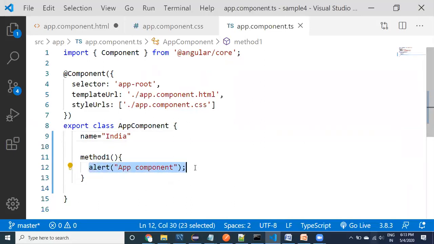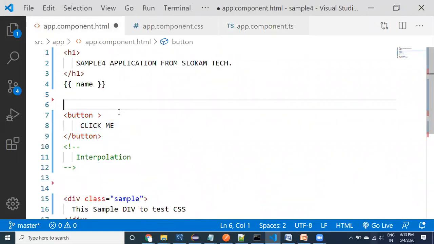This is an alert box. Just a very simple alert we have provided. So this method, I would like to call this particular method one. From where? Go to app component.html.